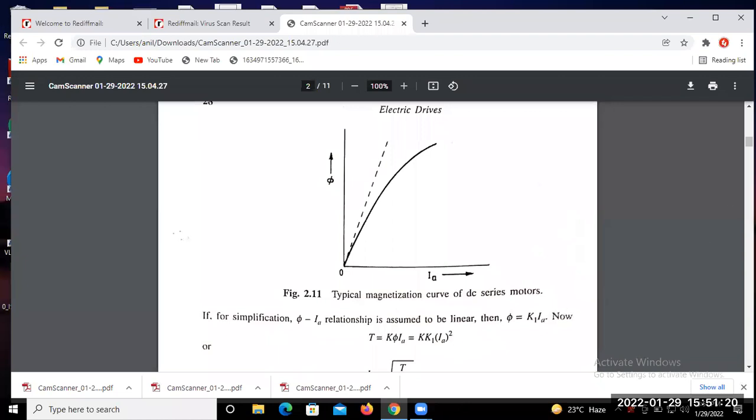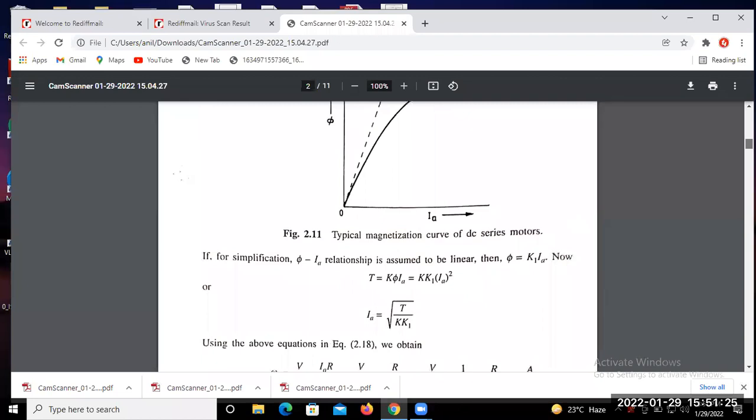We will represent K into K1 as some new constant. ये आर्मेचर करंट का वैल्यू उसमें पुट करो, तो पुट किया।